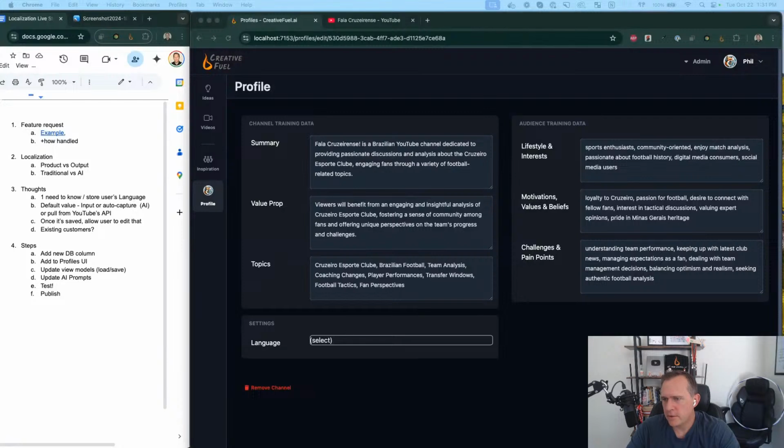I'm going to go to ChatGPT, as most programmers do these days, and basically say, create a drop-down list using Tailwind, which is what we use for styling, for a language.